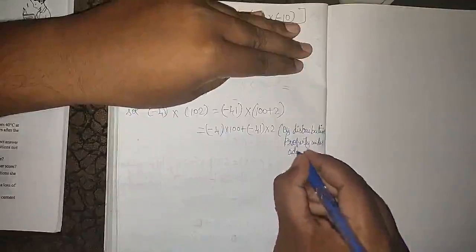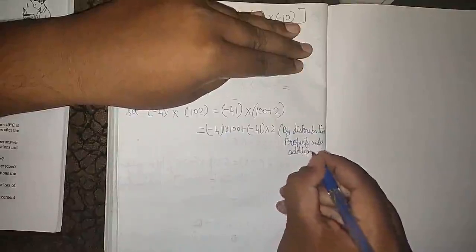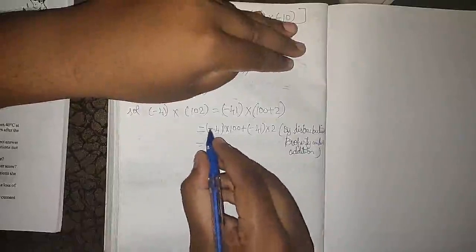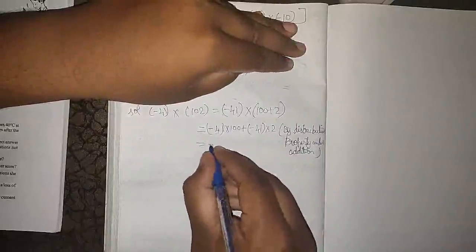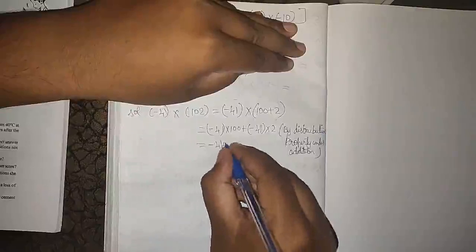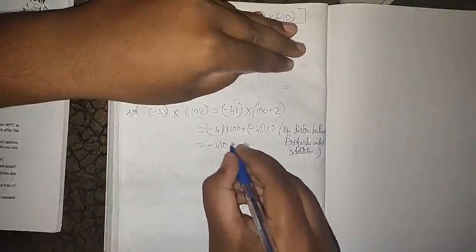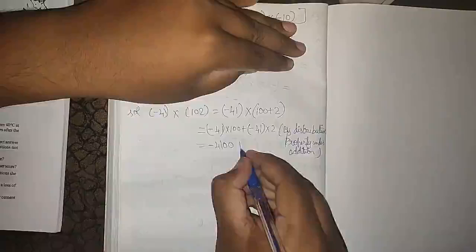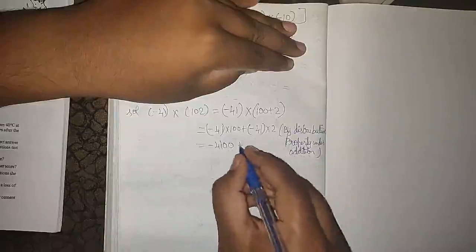Okay, under addition. This is the property which we are using to write like this. Okay, so 41, first minus into plus will be minus. 41 into 100 will be 41. 41 write it as it is. 100 has 2 zeros, no, write 2 zeros. That is 4100 plus